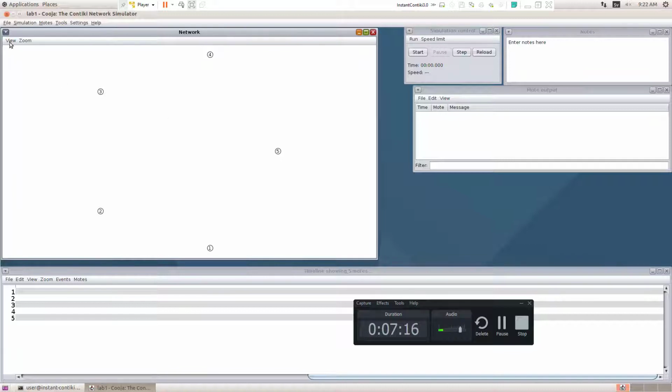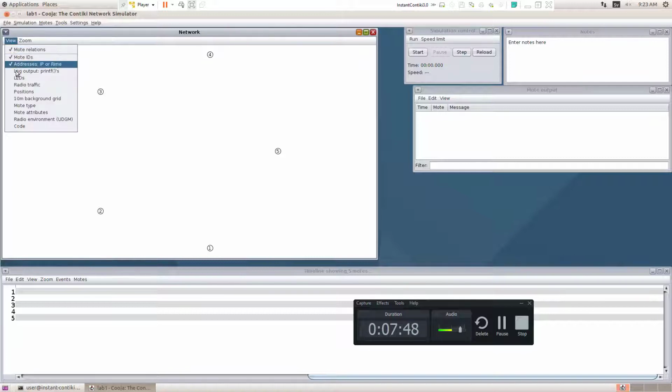Let me go for the next option, address. IP or Rime, so the IP address or the Rime address. Rime is a very important thing here. We are going to see it maybe in the next class. It's a very important protocol as far as IoT is concerned. We will see it later. So now I'm going to click that, and it will give the IP address of the nodes. Now the IP address is not available. It is not showing the IP address, but once you run the simulator, it will show it.